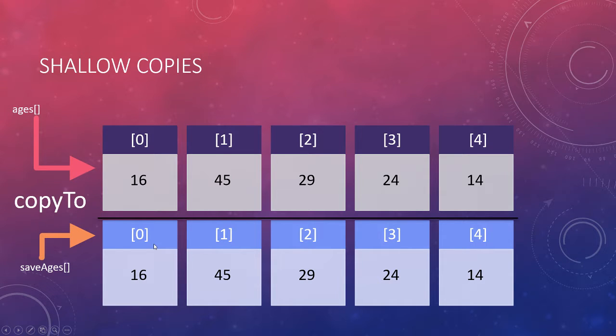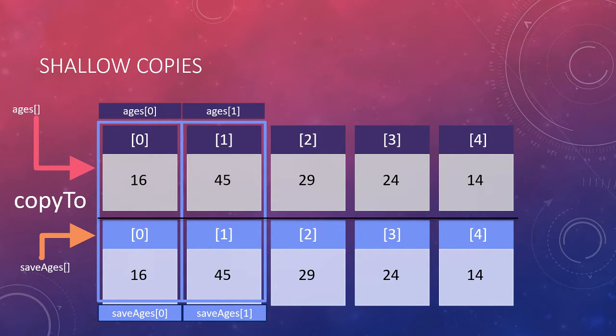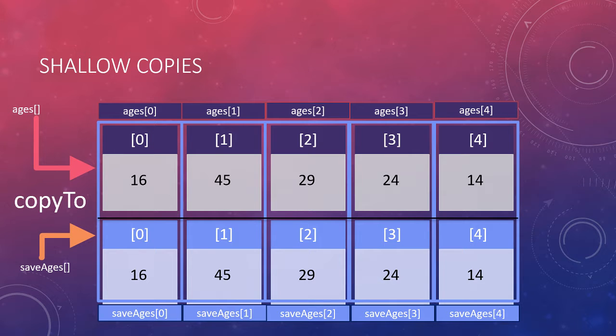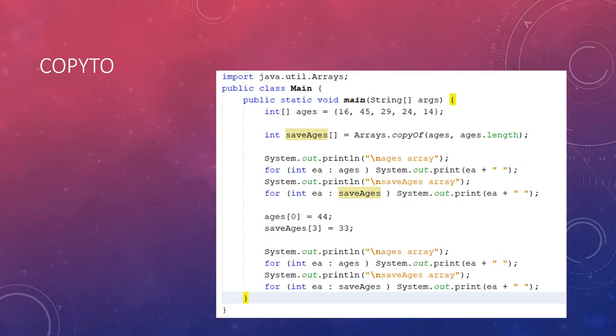Now, conversely, we can create a shallow copy. A shallow copy is when we use the copy to method of the Arrays class. In this case, we use the ages array and we copy it to the save ages array. Each of those data items are copied from the original array to the new array, and we have independent